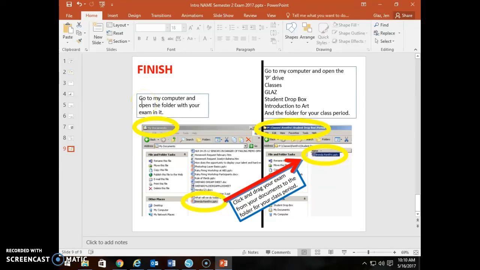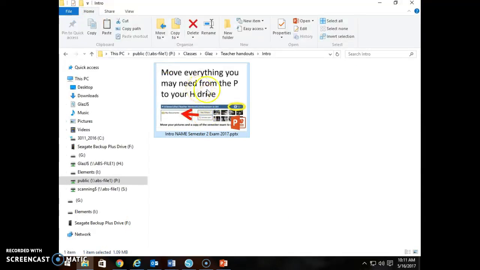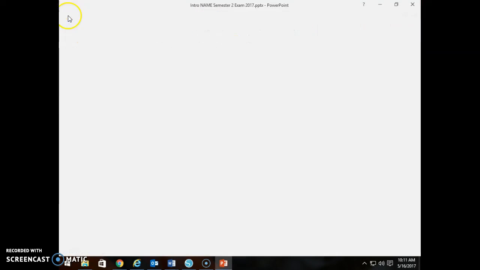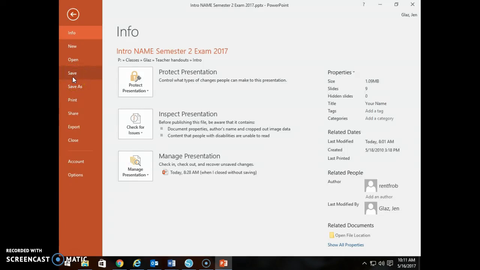And if you turn in a 0 file, I have no other choice but to put in a 0 for a grade, because you have been warned. Again, to save properly to the P drive, you have to save to your H drive, shut it down, and copy and paste it to the appropriate folder that I will be showing you probably later this week or early next week to make sure that you are on track with where you should be. All right? So I want to make sure, again, remember every single day, you want to make sure that you're saving it. After you save it to your H drive, that's where you open it up from every single